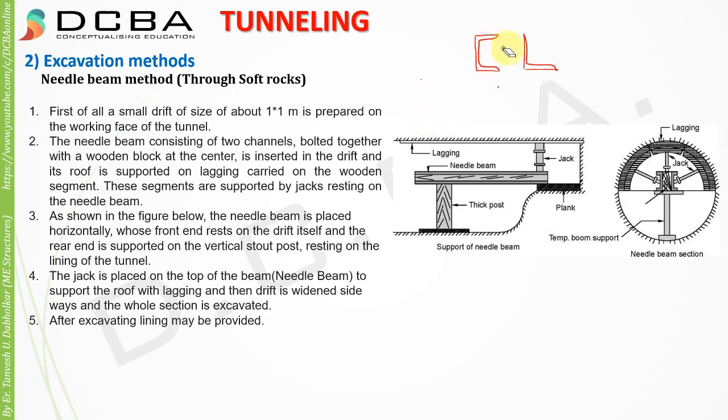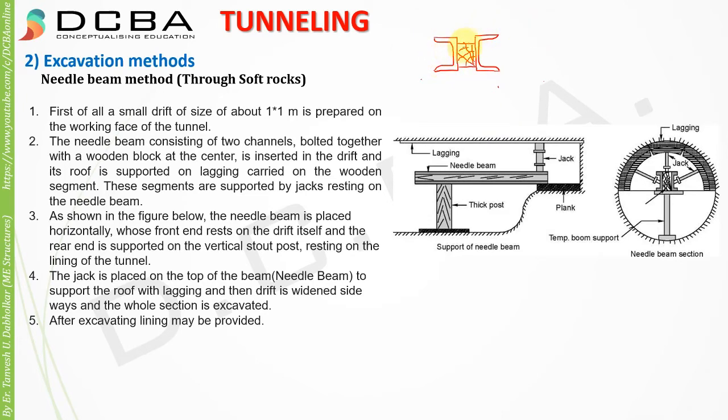What we are using here is the C section, and we are using two C sections like this. This arrangement is called back to back, because this is the back of the channel, so they are facing back to back, and in between we have a wooden material. The way we show wooden material is like this. This is how wooden material is generally shown. So this is our needle beam.